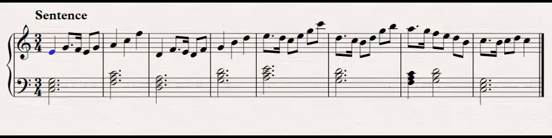Okay, so what we're looking for in a sentence is the presentation and then the continuation. So when we mark these things, what we're going to do is put a bracket at the beginning of them. So we know that the presentation is probably going to begin at the beginning, and we'll put the word above the staff there. So presentation, we bracket the beginning of it, but not the end. So what we're looking for now in this presentation is a basic idea that is repeated. So if we look at this,